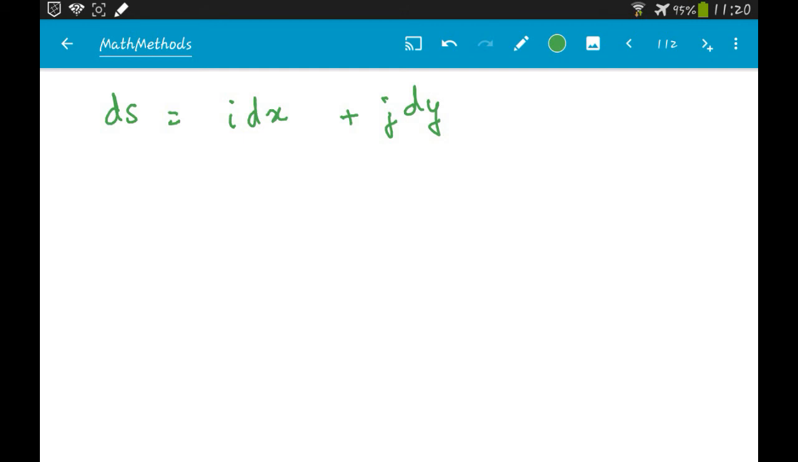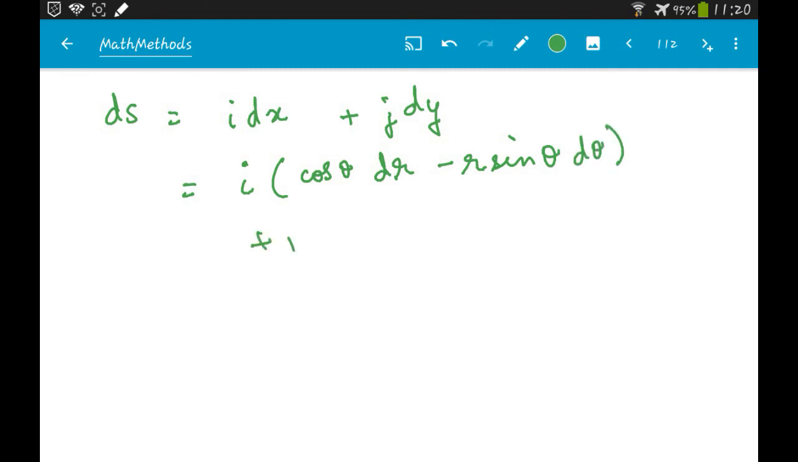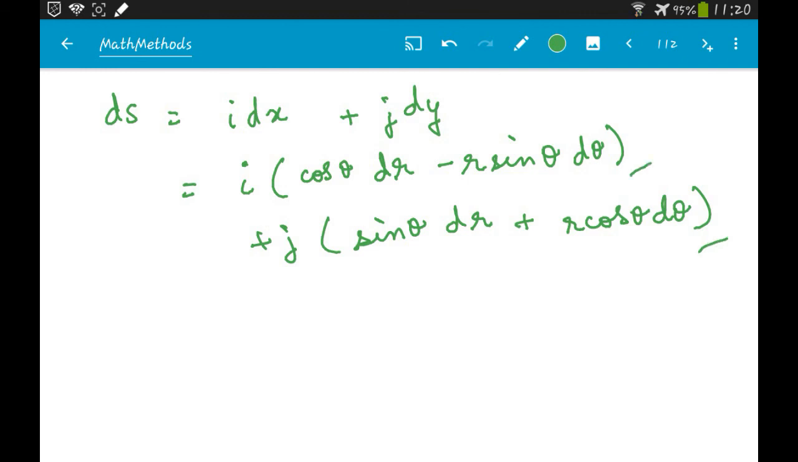And so we can write i cos theta dr minus r sin theta d theta plus j sin theta dr plus r cos theta d theta, right? We are just substituting for dx and dy in terms of r and theta. Now what we do is we take the dr terms common and the d theta terms common. So we will get